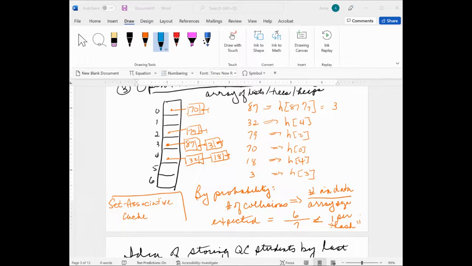Hey, Professor. Since we were talking about hash tables and stuff, I wanted to share. I remember I told you